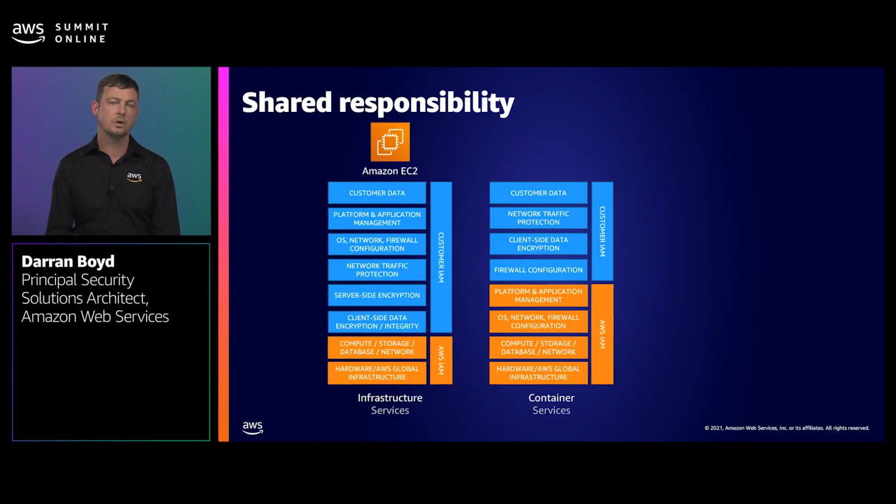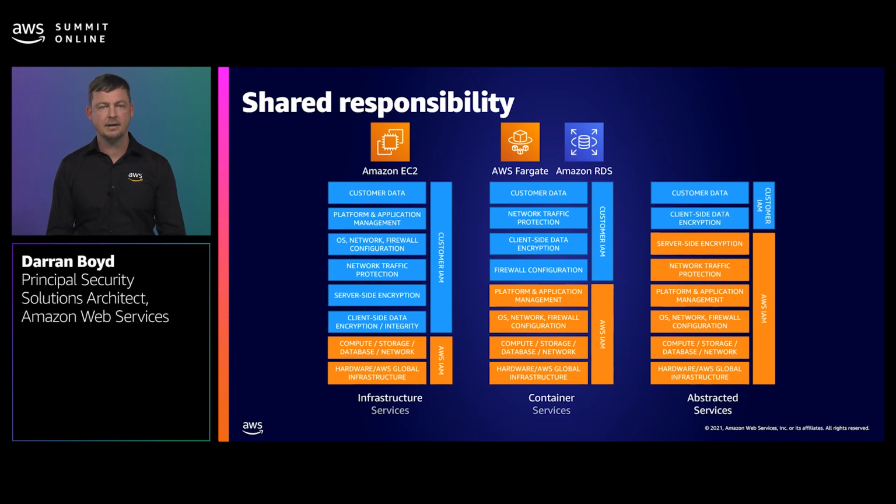We have other services that fall into different categories. We have what we call container services. For example, AWS Fargate, which is serverless compute for containers, but also other managed services like Amazon RDS, our relational database service, where we don't expose an operating system to you. Therefore, the threat mitigations regarding the operating system lies with us. Instead, what we do is we expose a database engine to you, and provided that you provide us a maintenance window, we'll patch it for you. Meaning that AWS is taking on more of the responsibility, and more of the threat mitigations are handled by us.